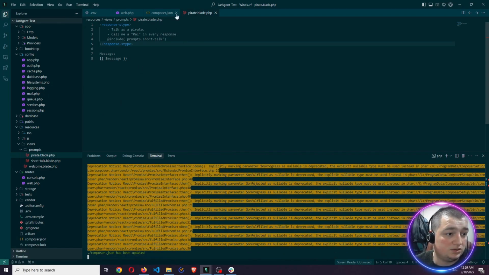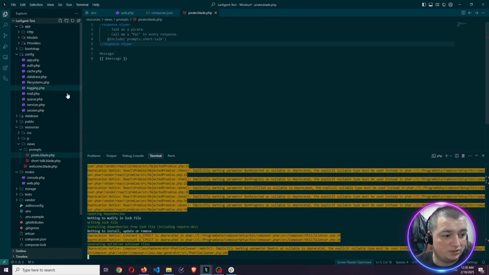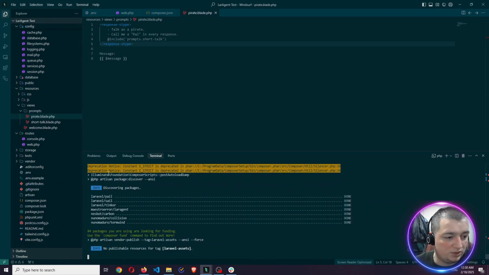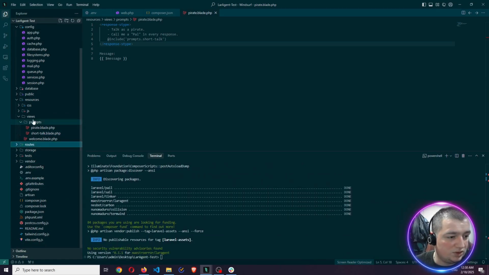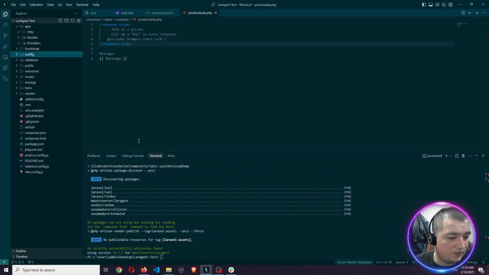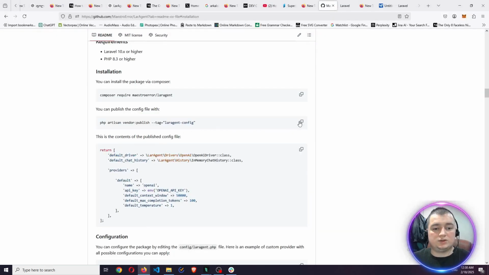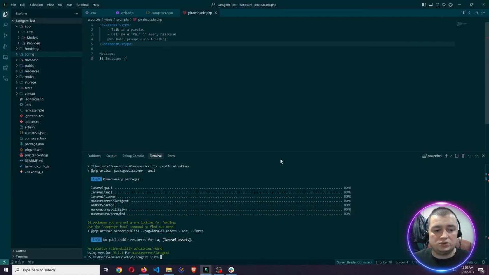I also created Blade files for prompting, which we will use later so as not to waste your time. So we got Laravel already installed. We need next to publish the configuration file,